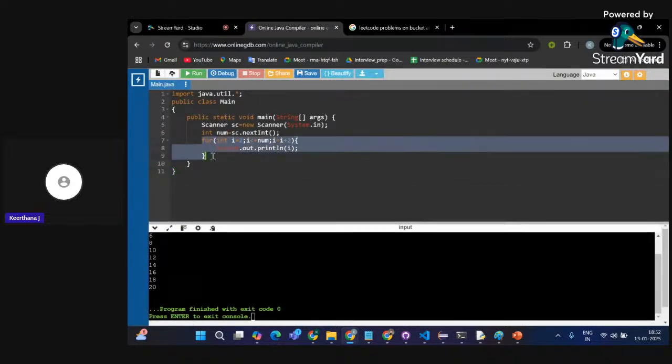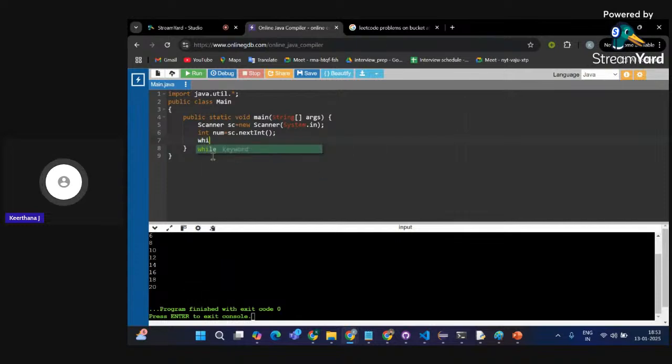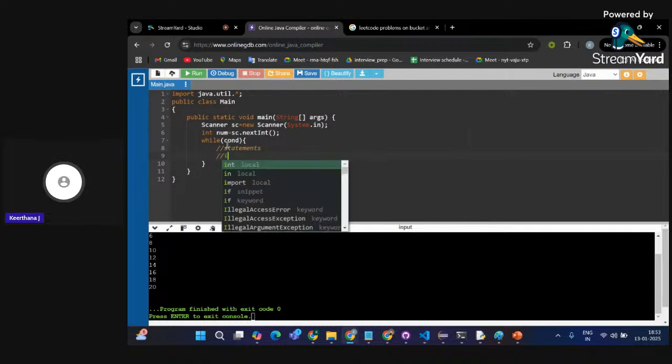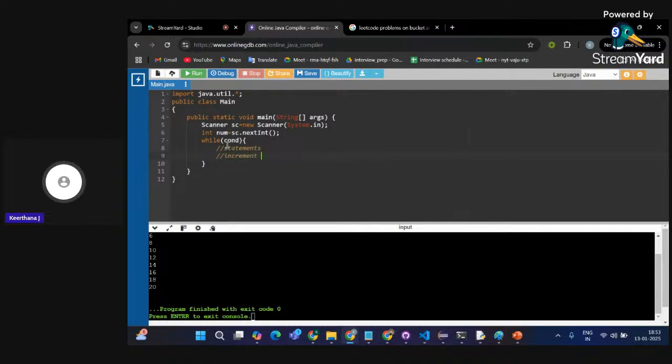So here, the general syntax is while. You'll be specifying the condition, and you'll be giving the statements or the block of the code, and here you'll be doing the increment and decrement stuff. So for every loop, those three parts, initializing, checking the test condition, and incrementation or decrementation updation, are common. Okay, so here